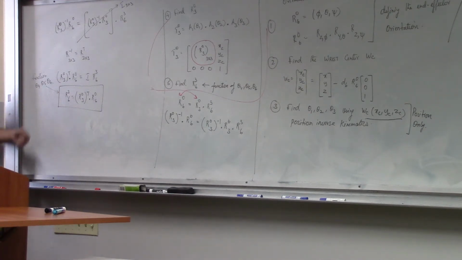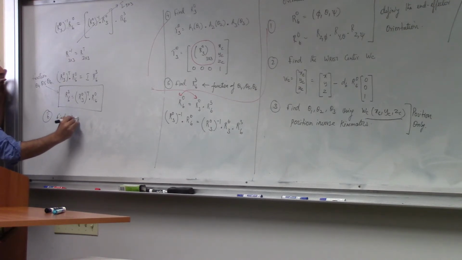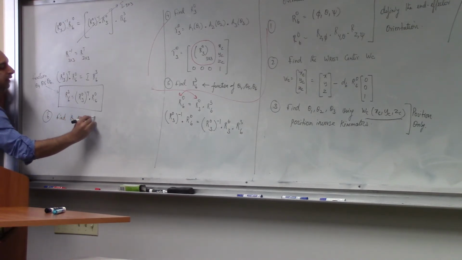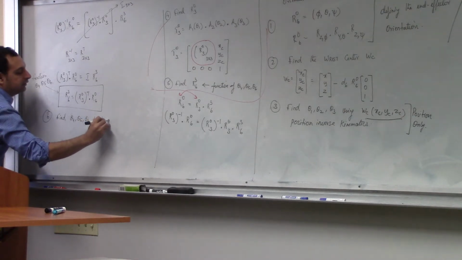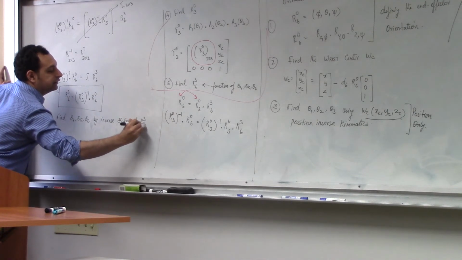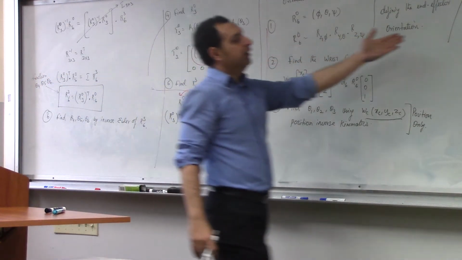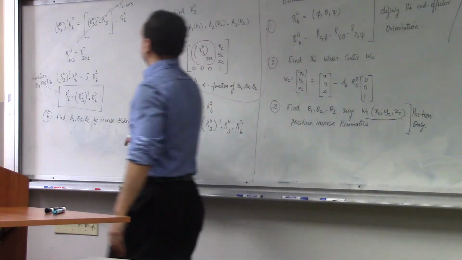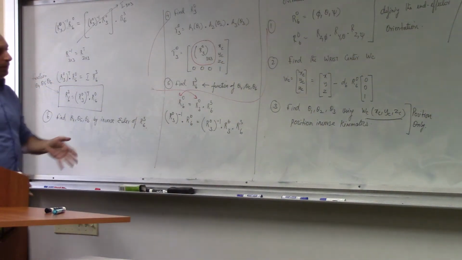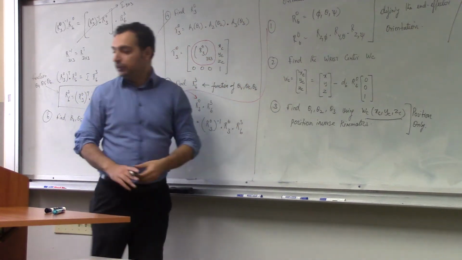The last step, step 6, would be to find theta 4, theta 5, and theta 6 by inverse Euler of R36. If you have picked these as RPY, then you will do an inverse RPY at this point. Okay. So the first step is construct this, find the wrist center, solve for theta 1, theta 2, theta 3,